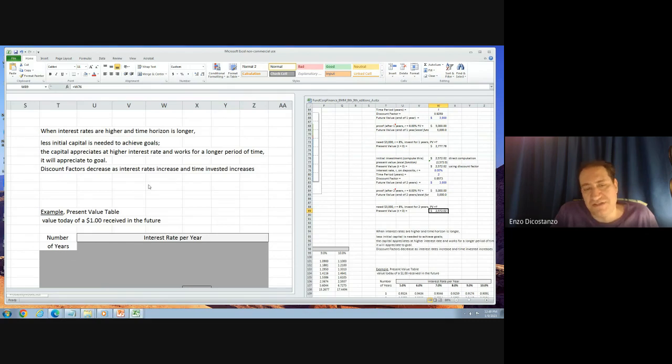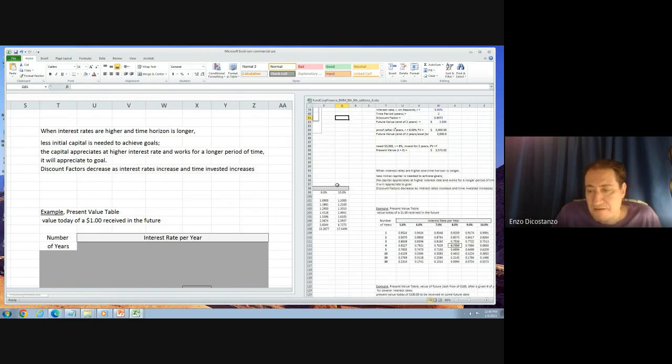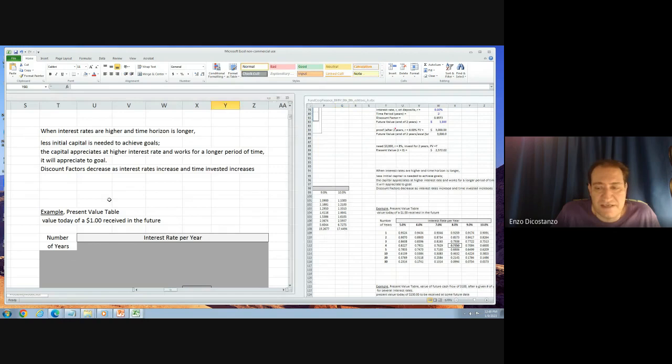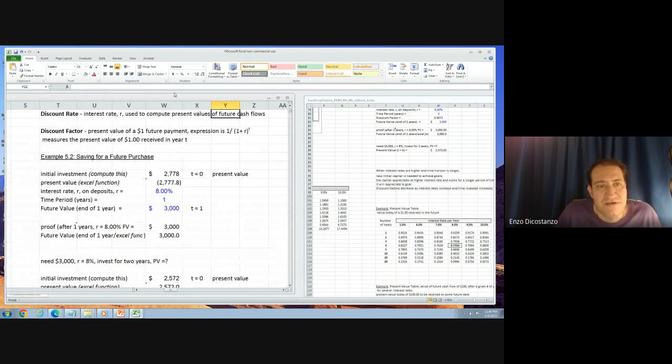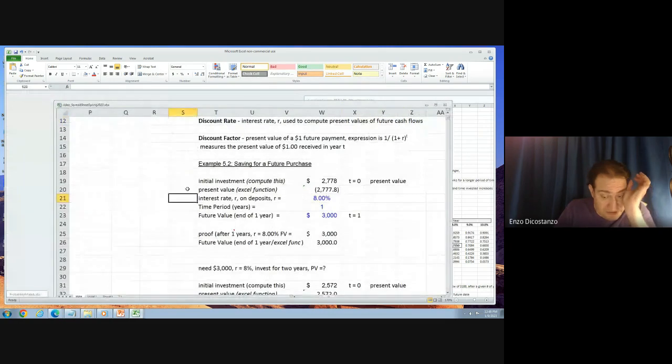Discount factors decrease as interest rates and time invested increase. So more time, higher interest rate, you need less initial capital. So it'll be less of a percentage of what you need up front, is what that really means. We did something similar to this with the 1, 2, all those tables. So here, instead of us reinventing the wheel here,